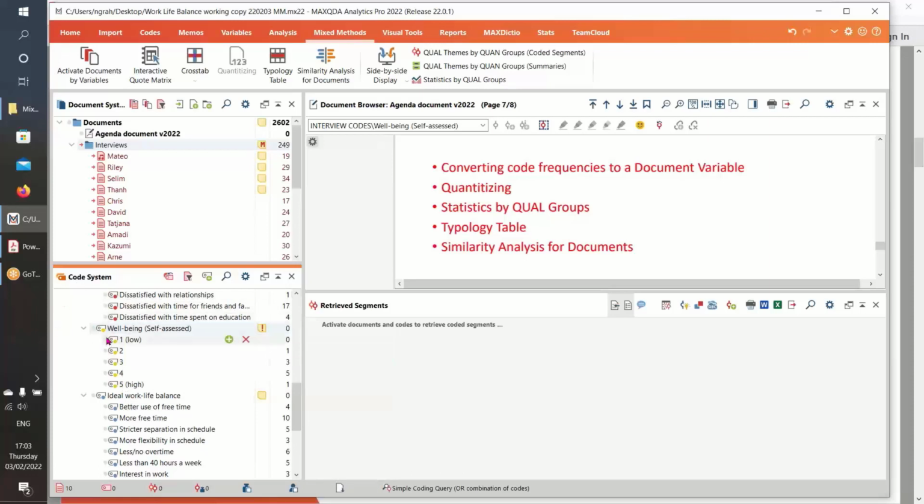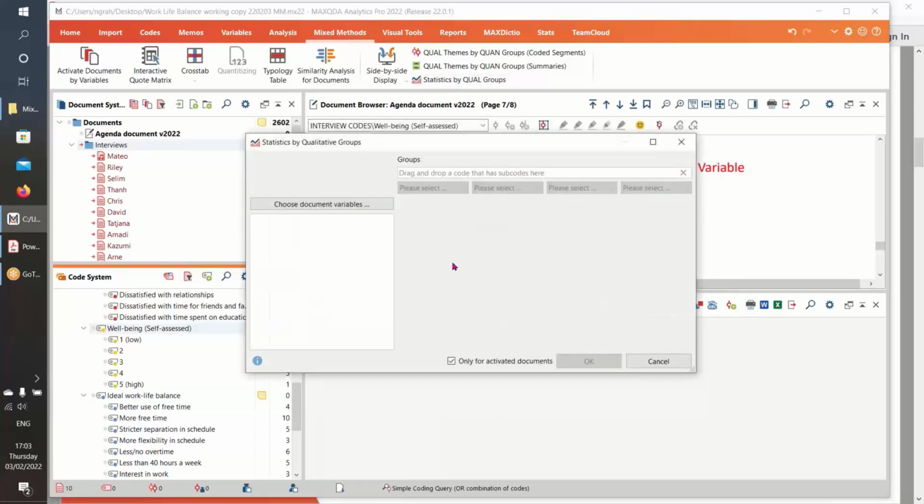It's in the code system, but I'm going to use that for statistics by qual groups, which is this function here. So now it asks us to drag and drop a code that has subcodes. I'm going to bring in the well-being code. This needs to be a code group where each case, each document, is only present once in one or other of the codes. It could be a question you've asked, or analyzed in the way, like in a survey, the kind of question which is, what is such and such? Tick one answer only. So here, we want to code for an idea, code one subcode only per document, so that in essence, the number of